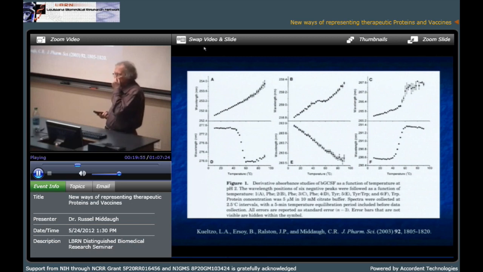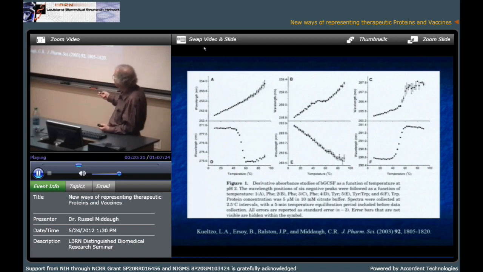Now, if you think about it for a minute, in proteins, the phenylalanine residues are almost all buried deep in the interior because they're so apolar. So they're a probe of the protein's interior. Most tyrosine residues are interfacial because of their hydroxyl group, and they tend to interact with the water. Tryptophan can be anywhere. It can be very buried, on the surface, in any number of locations. So each of these peaks is a probe of a different kind of environment. So the fact that they don't change in the same way is not surprising. But what that means is this is a very information-rich picture of what's actually happening to the protein.